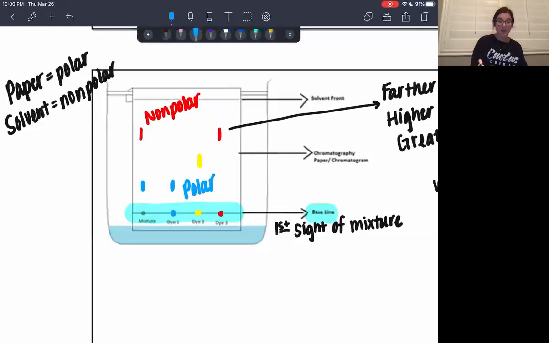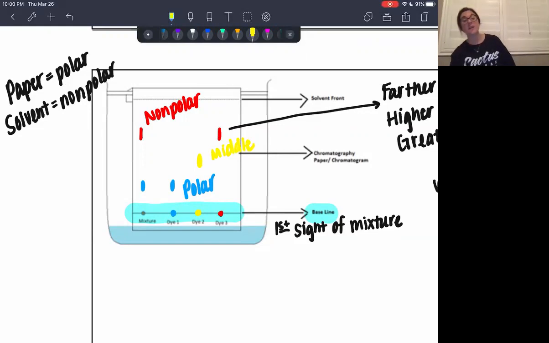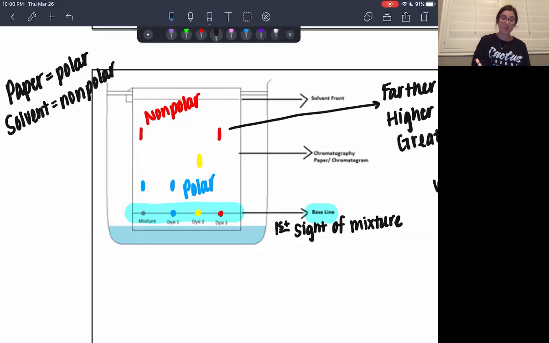Whereas my yellow dye, or my middle dye, is probably somewhere literally in the middle for polarity. So maybe it's slightly polar, slightly non-polar. It would definitely have to have more polarity than the red dye though, because it didn't travel as far as the red dye. I'm going to rewrite this in a different color so that we can read it. So maybe medium